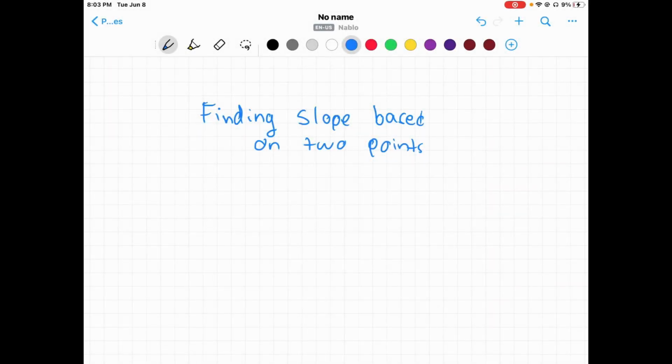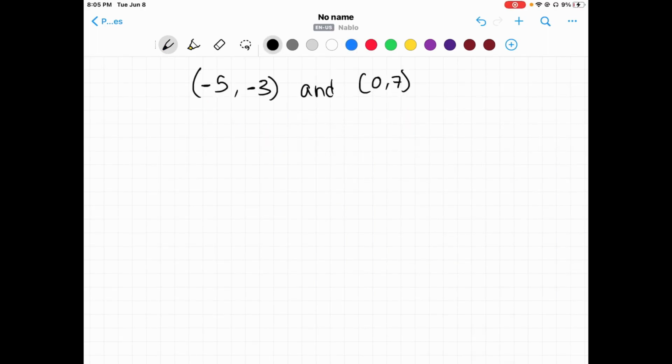Everybody, welcome back to another video, and today we're going to talk about how to find the slope of a linear graph based on two points that graph contains. Now let's get right into it. We're told that the points (-5, -3) and (0, 7) are a part of this linear graph, and we're asked